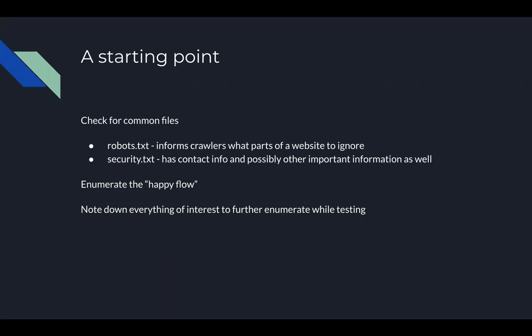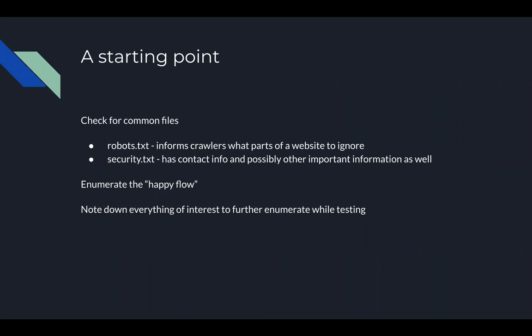So after you've checked those files, you want to enumerate the happy flow. What I mean by that is, again, pretending to be your standard user. You're going to sign up for an account, figure out what you're supposed to be doing, click all the buttons, follow the links, understand how the application works. You don't want to just jump in instantly, run a scanner, and then try to brute force the first input you see. It's better to